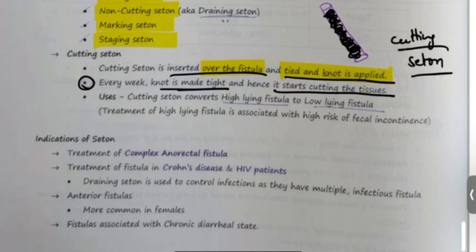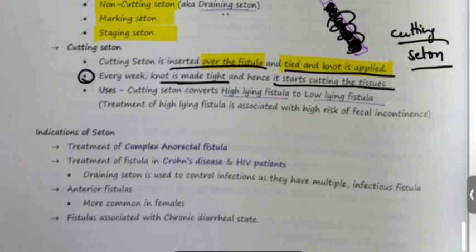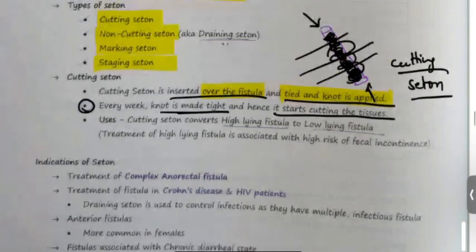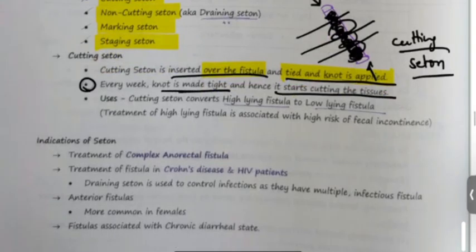Basically they tie it like this, and every week you will start tightening this tie. Because of this there will be cutting of these tissues, and as it cuts, it will heal on its own. Fistula is a communication from inside to outside. We are cutting the connection by putting this thread-like material and tying the knot. That is the main logic behind this. Using cutting setons converts a high lying fistula to a low lying fistula. Hence we are using setons in cases of